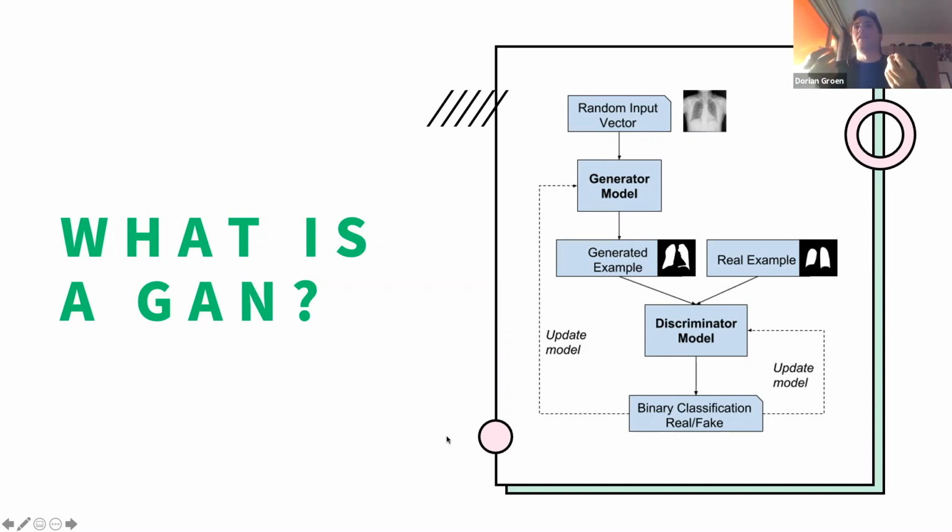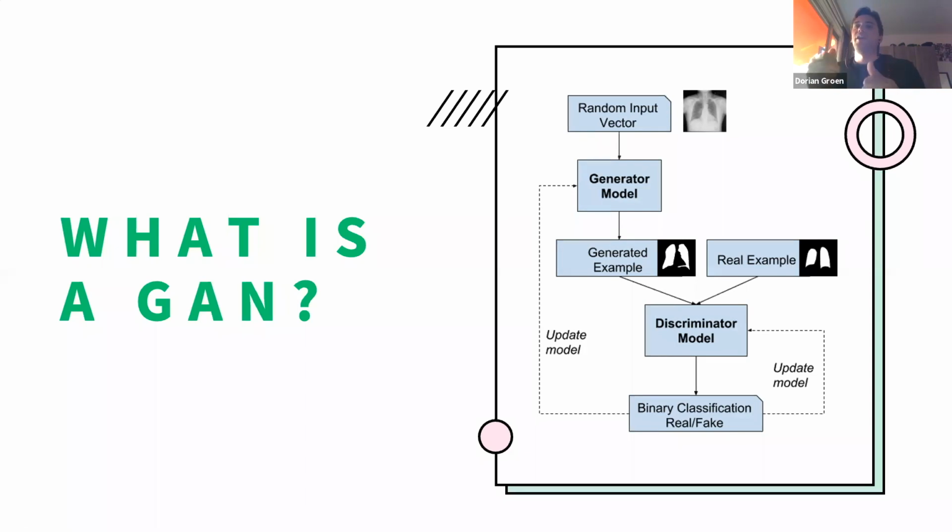They are in a sort of game with each other, and it goes as follows. The generator receives an input vector. From this input vector, it generates a mask, and this mask will be evaluated by the discriminator, and the discriminator classifies it as real or fake. Then it puts back this information through a loss function. But the idea is that first you train your generator so that it is able to fool the discriminator